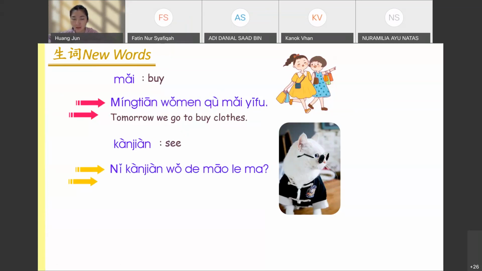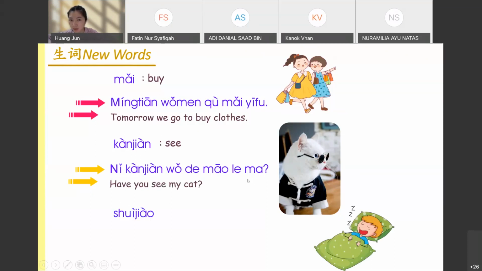Very good. Ma means yes or no question word. Le over here means already. So it means you saw my cat already or not, or have you seen my cat, or did you see my cat, like that. So this is about 你看见我的猫了吗? If your answer is yes, we answer 我看见你的猫了。Then 睡觉